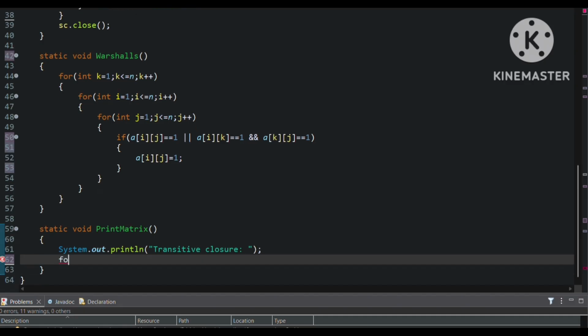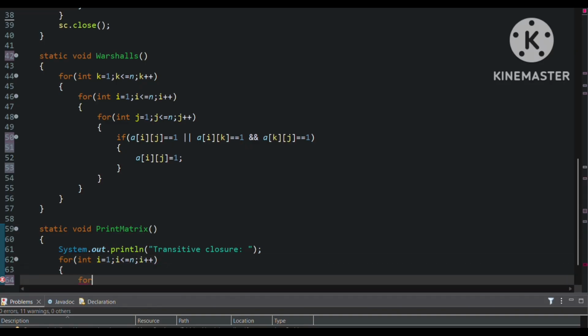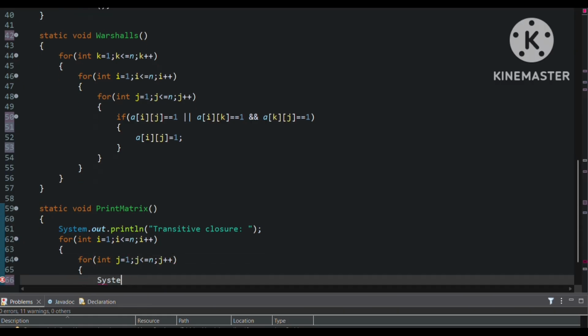Again, for printing we need two for loops that run from i is 1 to i less than n and i plus plus, and for int j is 1 to j less than or equal to n, j plus plus, we will be printing